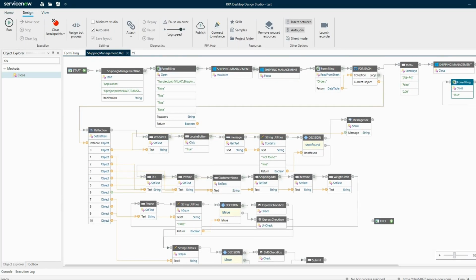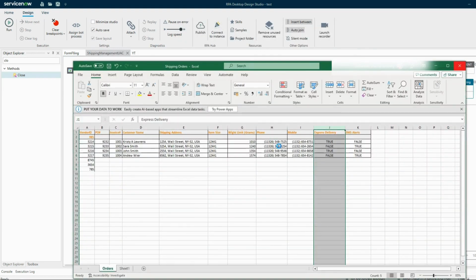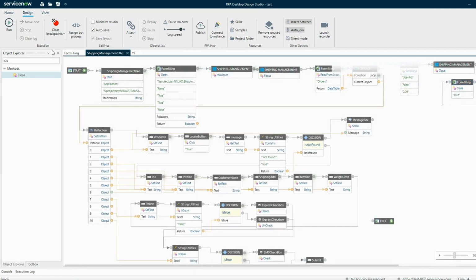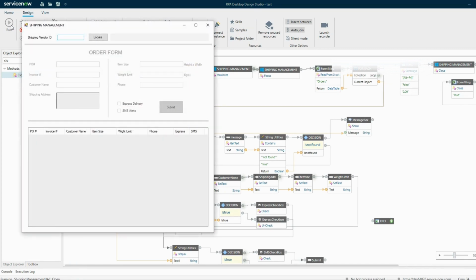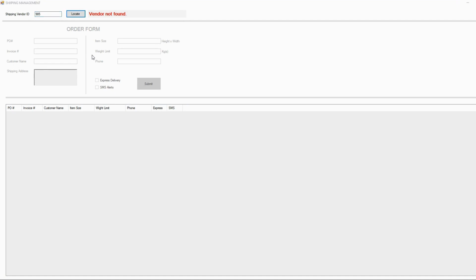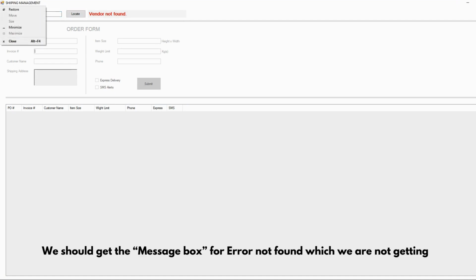Okay, we are done with that. I'm going to close the application and Excel, and we'll trigger it. So it opened the Excel and it maximized it. So now it is trying